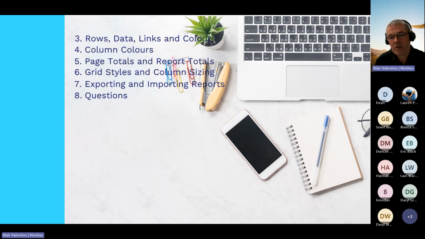So this week, we want to cover rows, data, links, and colors, column colors. We want to talk about page totals and report totals. We want to talk about grid styles and column sizing. We want to then look at all these things, and if we make changes to our own reports, and realizing